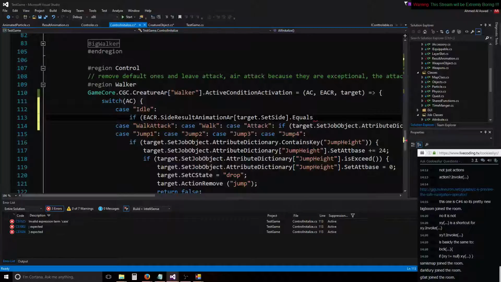Equals to one side result animation, damn it. Wait, this is a side, and this is one side result animation. And this one returns animation data. Get animation name of